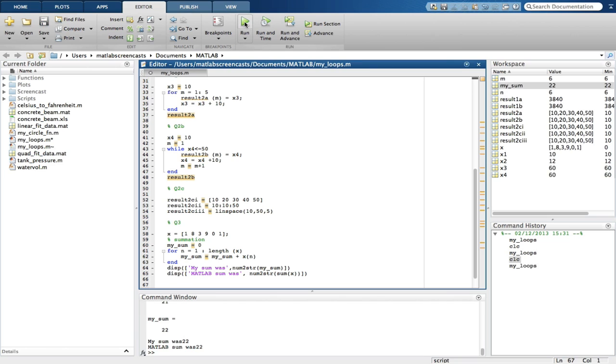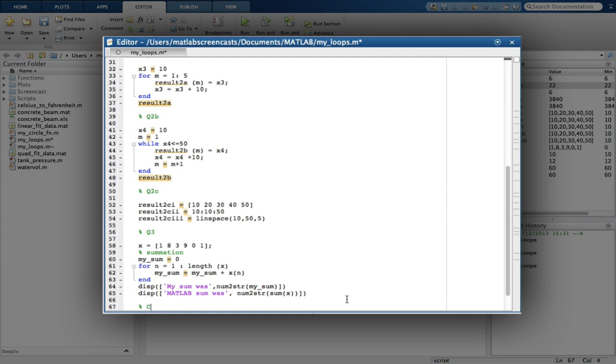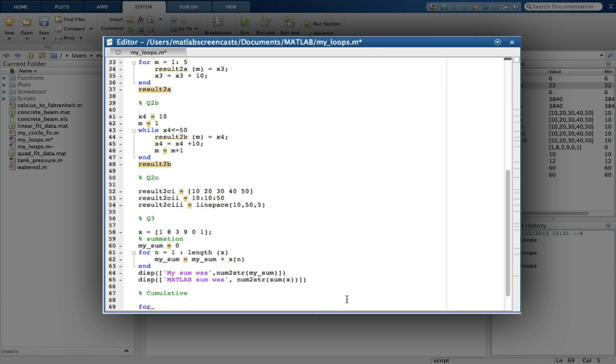We now can run the script and check we have the right result. You can see that our summation using the for loop and the MATLAB summation produces the same answer. We now move on to doing a similar thing for part B, but this will be a cumulative sum. Again, we're told to use the for loop, so we define our for loop. But you can see with a cumulative sum that instead of the answer being a single scalar value, it's actually a vector of values. We are given the result we expect to see, and this is 1, 9, 12, 21,